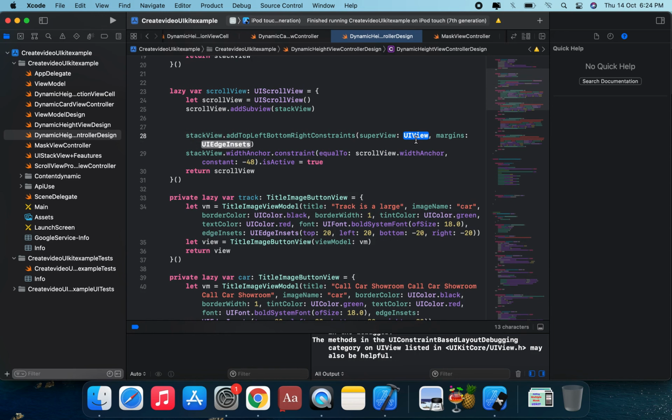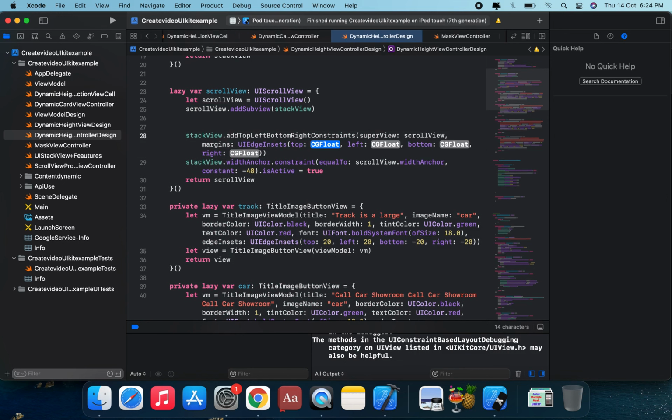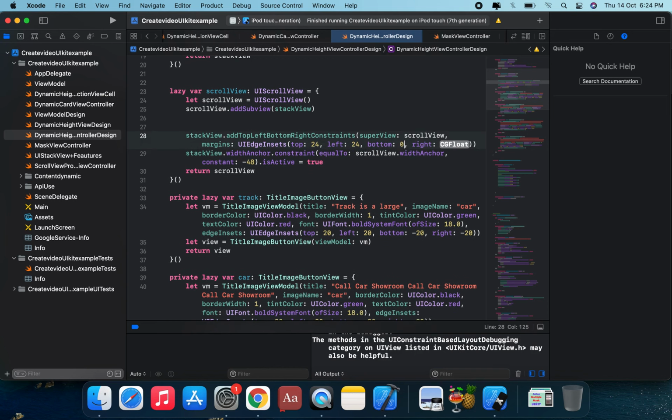This is a scroll view. Scroll view add on the superview. In this method, add on this scroll view. This superview added on the superview. This scroll view added on this stack view. Okay, and now the UIEdgeInsets, which has passed on these initializers: top, left, bottom. Suppose this is 24 top, left 24, bottom is 0 and 24 right. Apply on this constraint. We're gonna run this application.